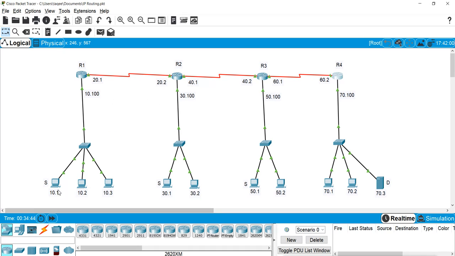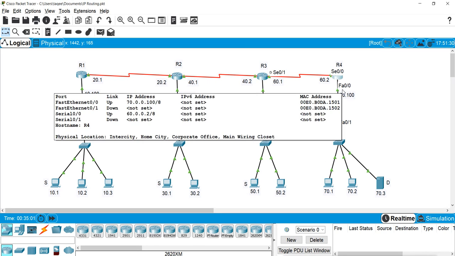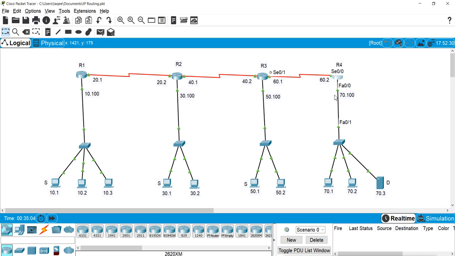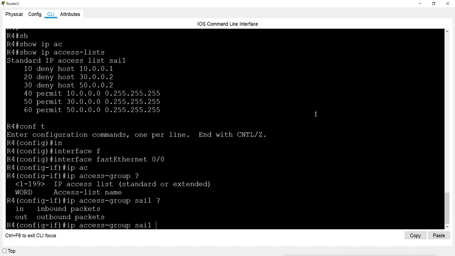Whenever the source tries to access this destination, the data will go from here, and in router 4 it will come in from this interface and go out from this interface to reach the destination. So on this interface I am applying the list, so I will use the out command there and press enter.